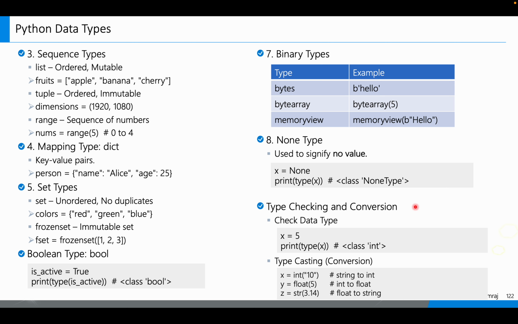Type checking and conversion. First, if we have to check any variable, this is the command to check the type of that variable, right? X is equal to 5, print type of x. This will give you the type of the variable. Here 5 is an integer, so we get the output class int, right? Typecasting means conversion. Suppose we have x is equal to string, integer, y is equal to float, and z is equal to string. So we have to convert,